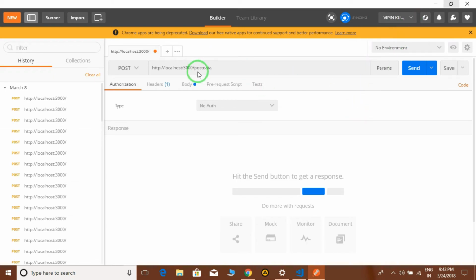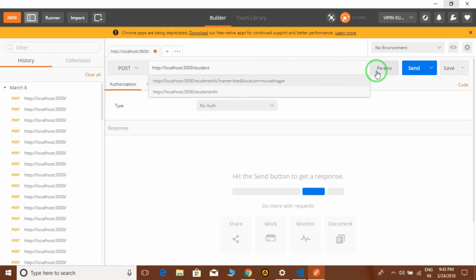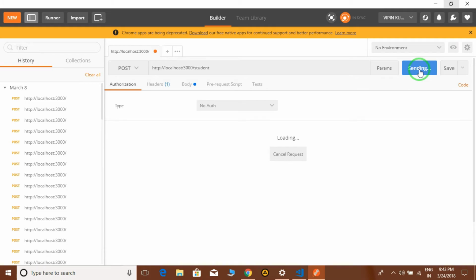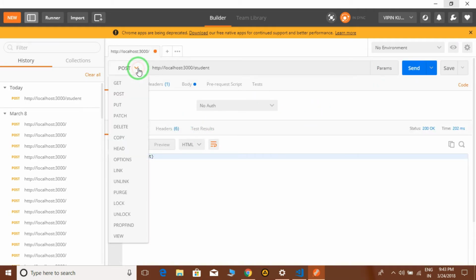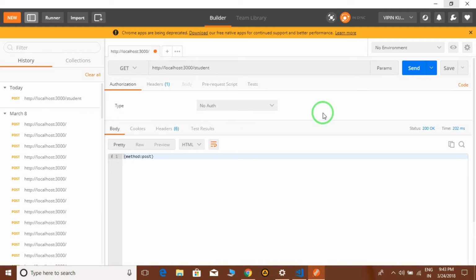Okay. Now you see here we have a URL called student. When I send it, it will send you the POST request. If you change it from here to GET, it will give you a response of GET also. Or you can go for PUT here. You send this, it will send you the PUT request.